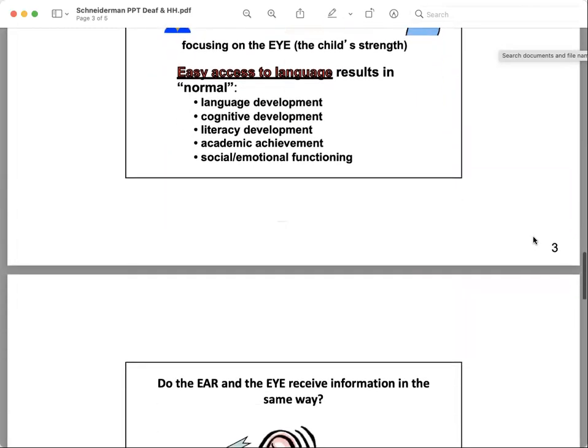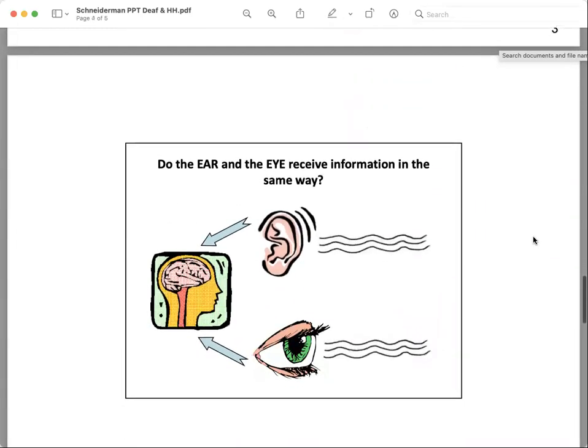So the question is, where do we focus? Do we focus all of our attention on fixing the broken ear? Or do we take advantage of the open door and keep the child progressing and learning and functioning at a very normal and age-appropriate level? In addition, if parents want, there is no reason that they cannot also pursue other kinds of physical and medical interventions that they want to try to get the ear functioning as well as possible.